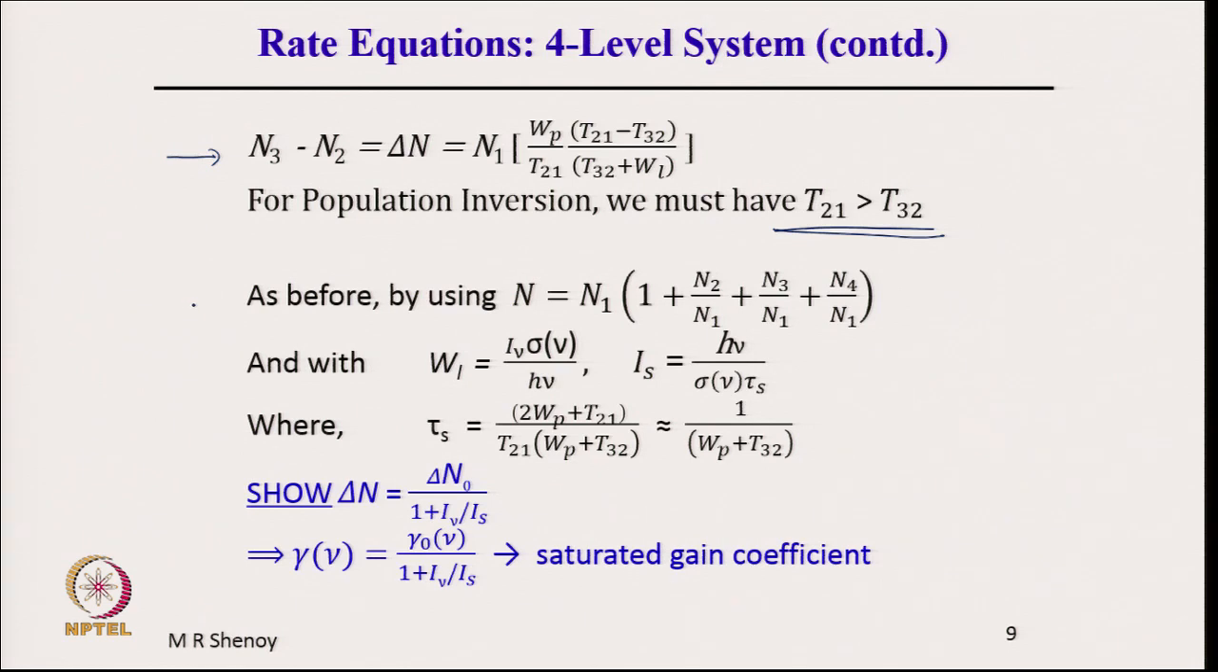So, as before, we can use this expression. We have got A, B, C, N2 by N1, N3 by N1, these expressions in terms of the rates, and WL is equal to I nu into sigma nu, the cross section, by h nu. This is the definition of WL. Similarly, for WP, and Is is h nu divided by cross section into tau s, where tau s is this. So, with these